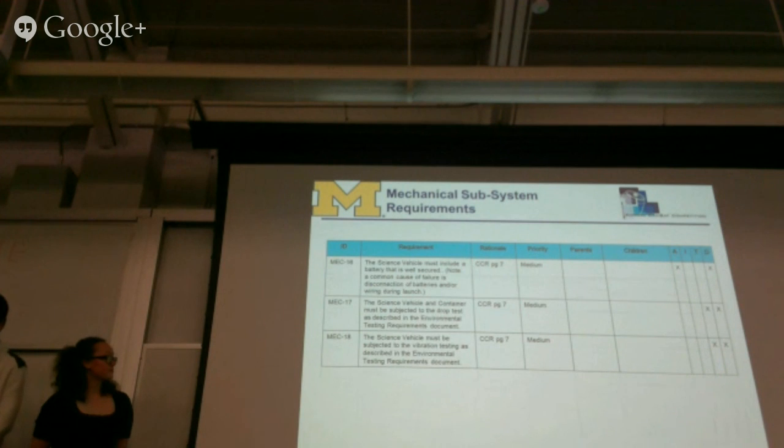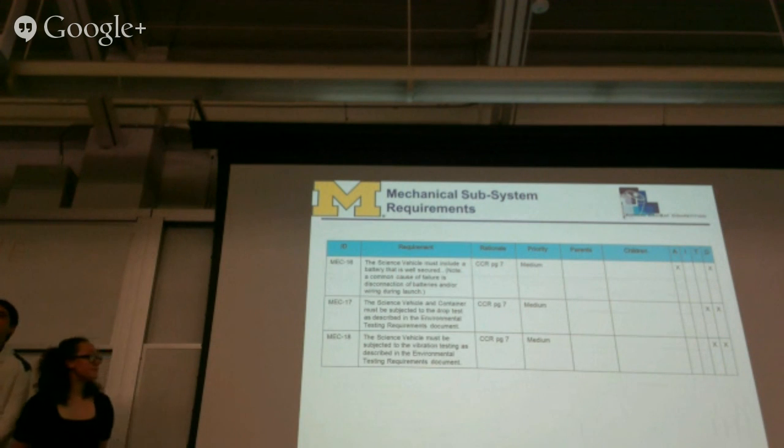And we will also conduct drop tests and vibration tests on the computer to ensure that